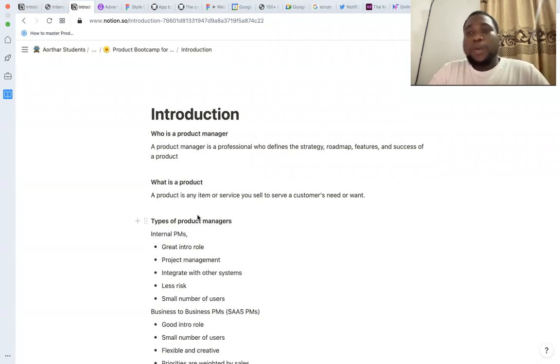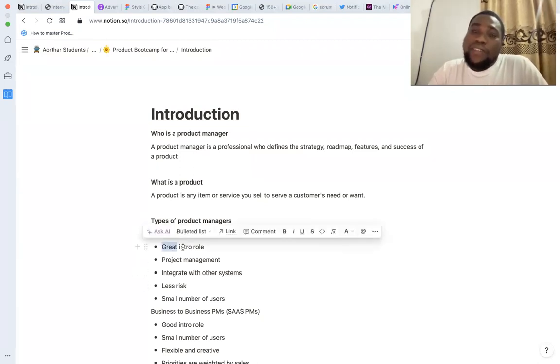Like I said, product managers don't entirely build the thing. They are in charge of making sure that thing comes alive. So in a big company, especially if the company can afford it, they will take in somebody that will just be in charge of internal affairs or internal products. Understand? So like I wrote here, there is a very great rule to start